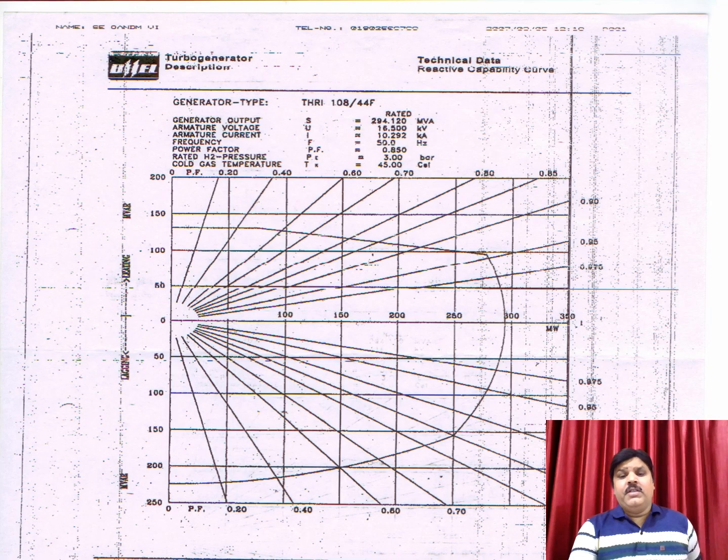Here we can see the reactive power capability curve of a turbo generator, and we can see that when we increase the reactive power generation, the active power generation decreases. That is, if we increase the generation of reactive power from the generators, it will reduce the active power generation because the total capacity of producing MVA is fixed. Therefore, reactive power should be produced where it is consumed, that is at the consumer end itself.